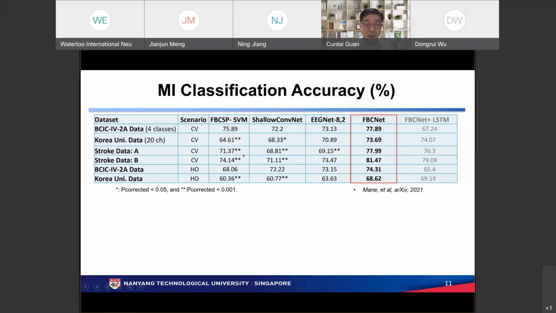Even if they have lesions in the brain, they still can perform the motor imagery relatively well to get a decent performance. Similarly, we compare to ShallowNet and EEGNet, not too far off, pretty similar. And this is the FBCNet. FBCNet actually is quite a big improvement on the stroke patients data. So you get almost 80% on average. This is pretty high as an average performance. We all know motor imagery is a very tough task.